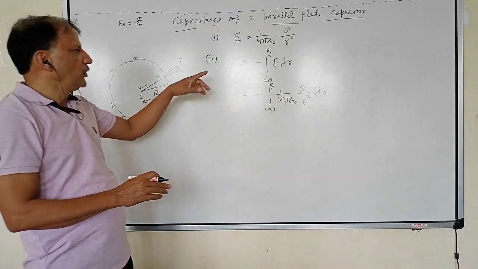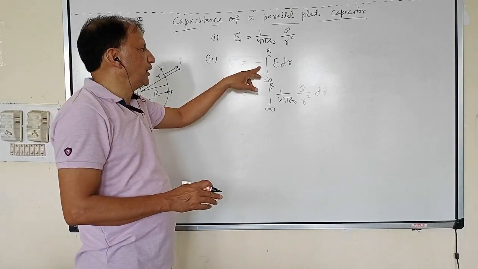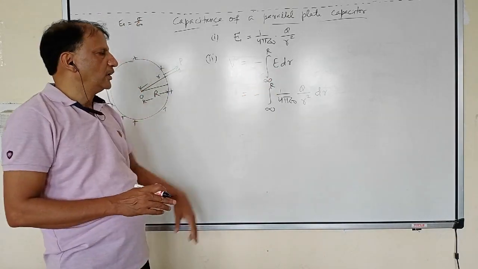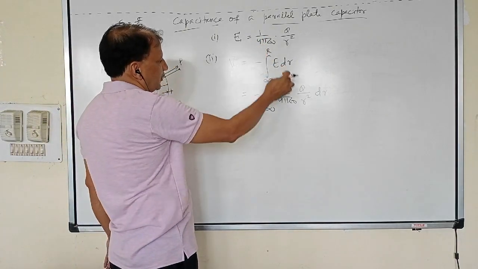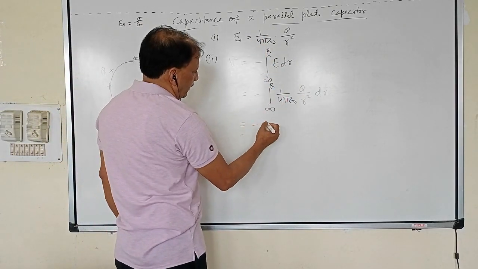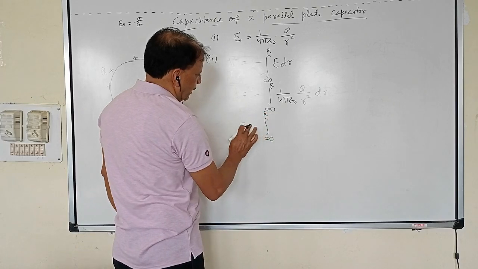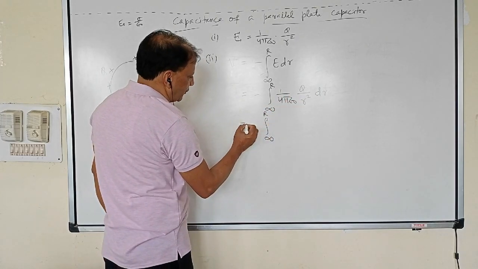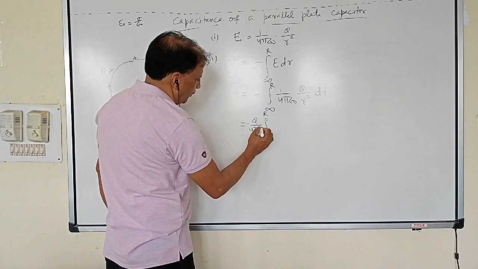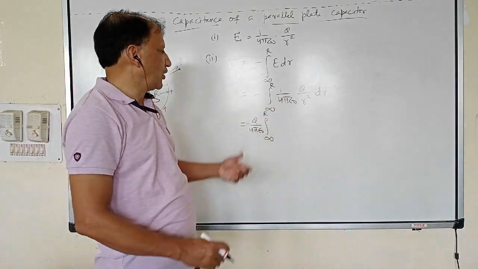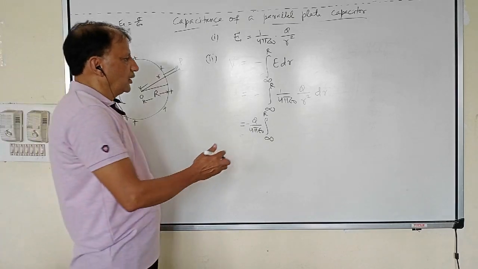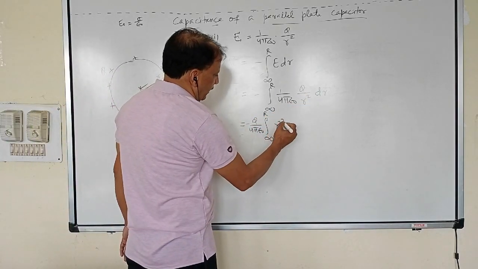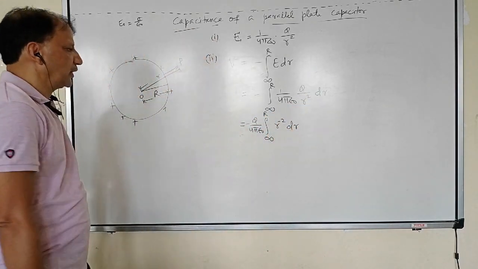So from the formula, it is given by minus integral E dr. Here the limits are infinity to r. Now putting the value of electric field from here, we have this expression. Now minus, infinity to r, it is Q upon 4 pi epsilon naught. This is constant. Q is constant and 4 pi epsilon naught is constant. Now here r to the power minus 2 dr. Now we have to integrate this quantity.